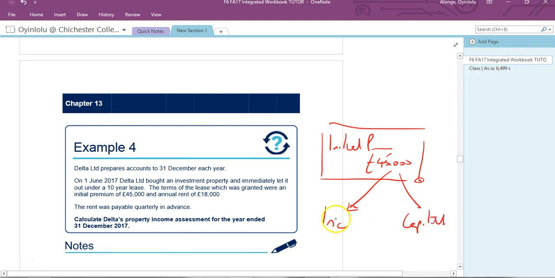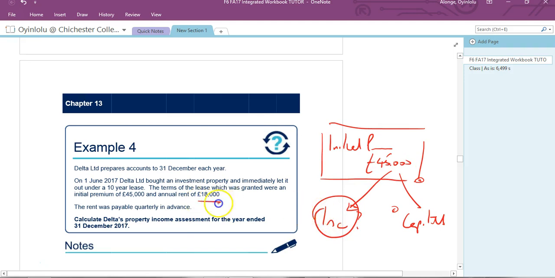What you're interested in is what's the income bit. Again, to highlight the key point, she would love to capitalize all of this, or treat all of it as a capital gain, because the tax on capital is much less than the tax on income. But no, the government says, split it up. So have a look and see if you remember how to split this up.